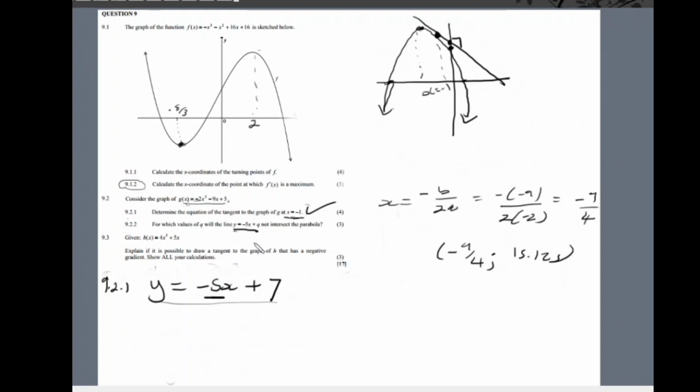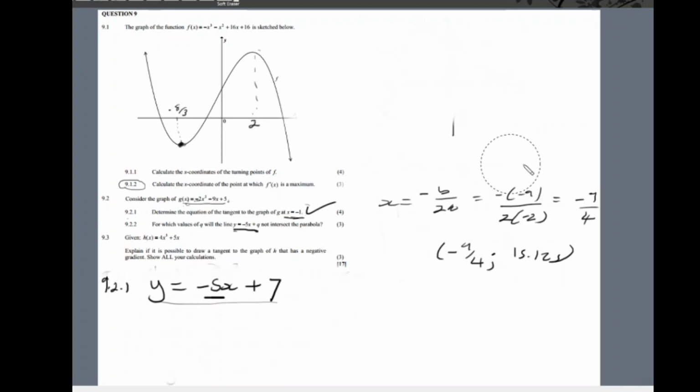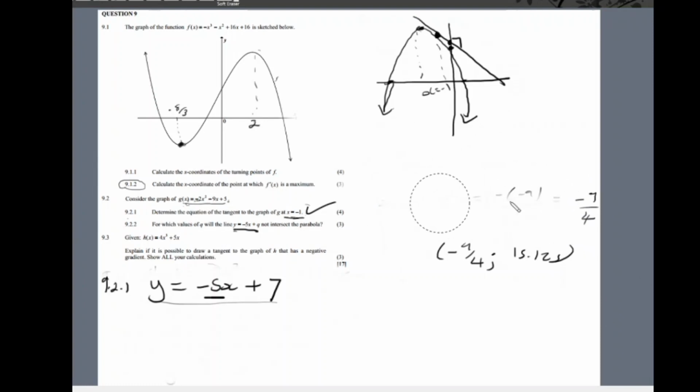It has the same gradient as the tangent line, the gradient of minus 5. So these two lines are parallel, right? Okay, let me go back to my sketch. So these two lines are parallel, which means that